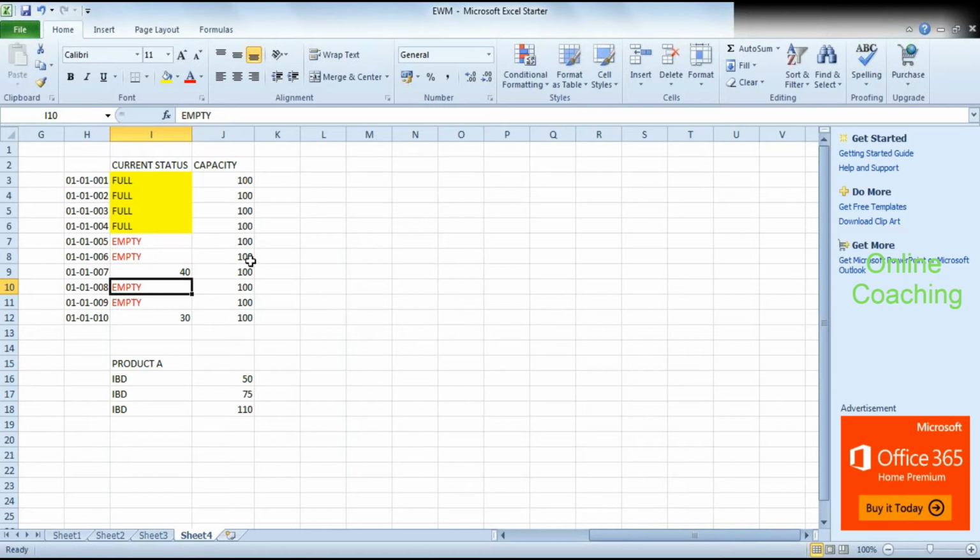Okay. All this is empty. Now you receive the first IBD, and you need to do a put away. Okay. Now, though the capacity of the storage bin, it will first go ahead and check, once again, which storage bins are available. Then, if you're having a put away rule as empty storage bin,